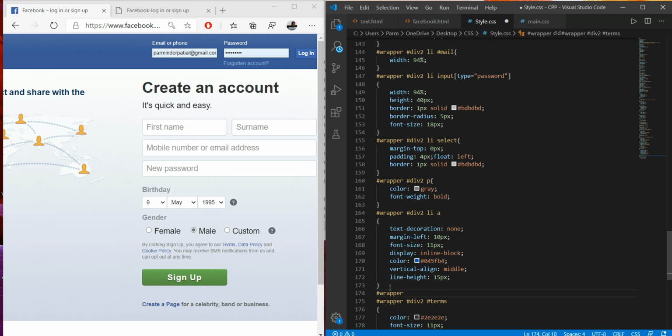Wrapper hash div2 link, and within the link anchor, and to this I have to select hover.